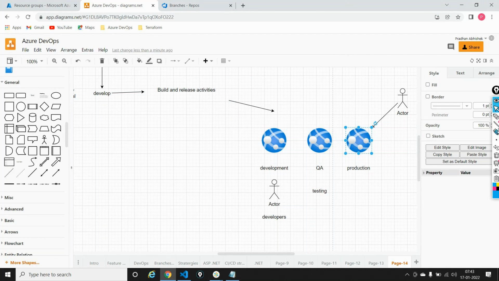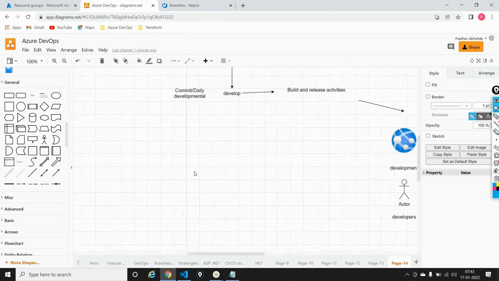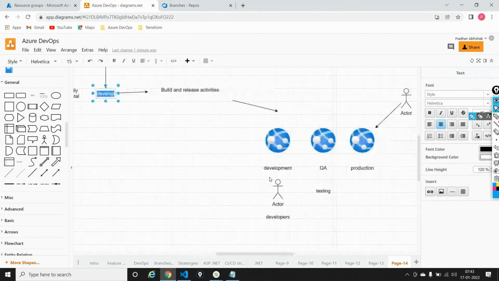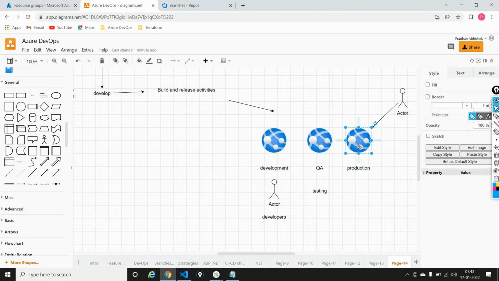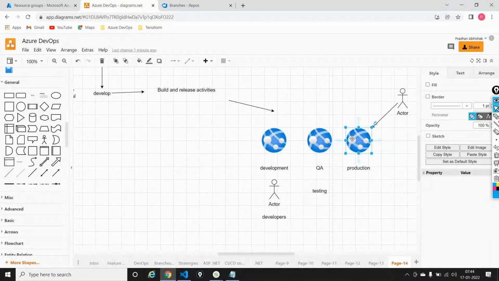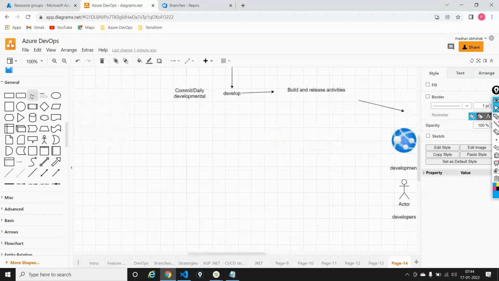The reason being, this branch is only for developmental activities. It is not for production activity. This is another rule that I set at the organization level, telling that this is only development. So the code that got built from this branch should only go to development and QA, but not production. I'm now setting a bridge between these two. Then how do I take the code to production? That's where you have another branch called a release branch,